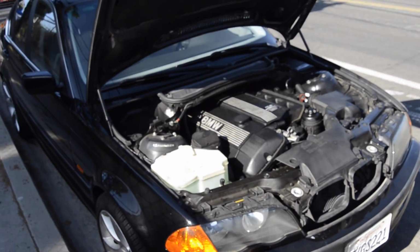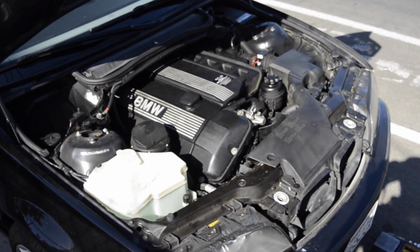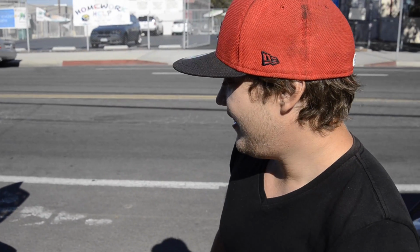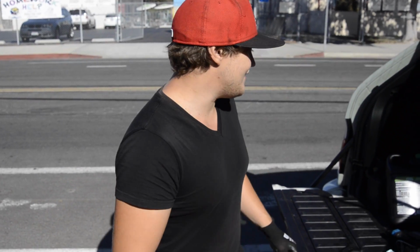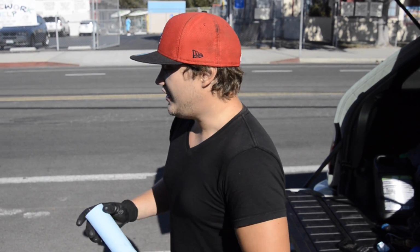We have some issues with it. He's gonna go over them. There's Tim, our master mechanic for Zeiten. We don't have issues with the car. The car has issues. The cooling system is now good. It's overheated and exploded